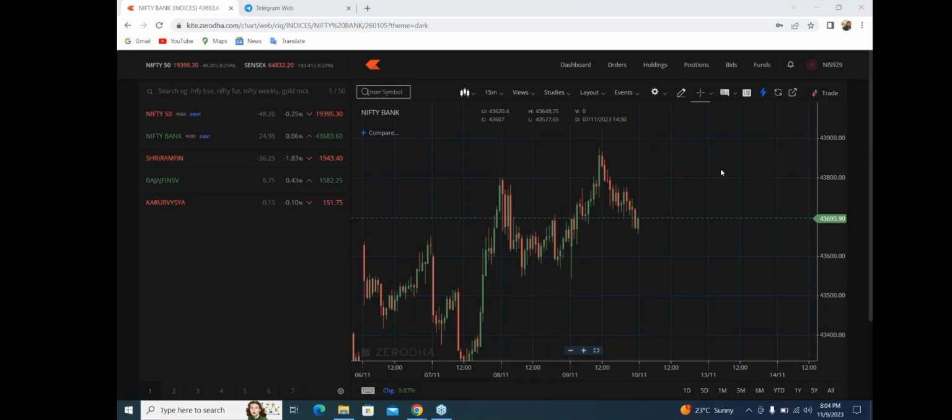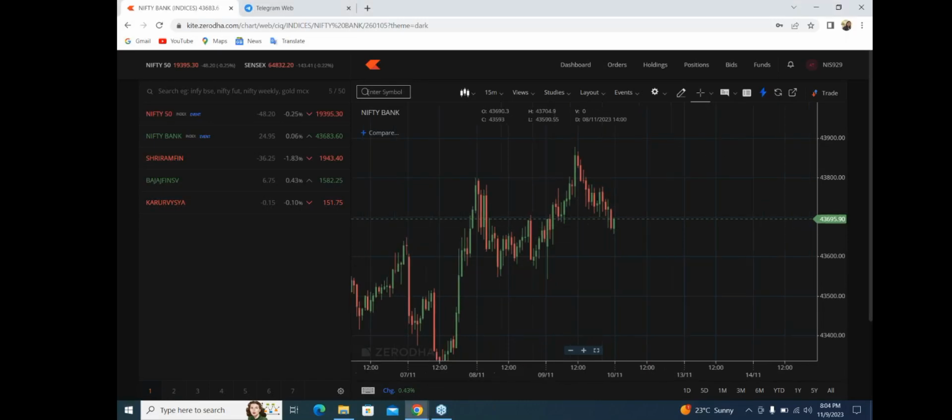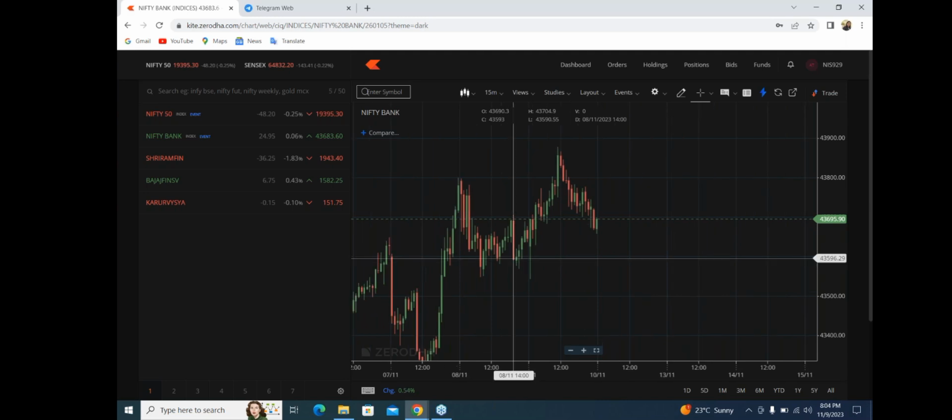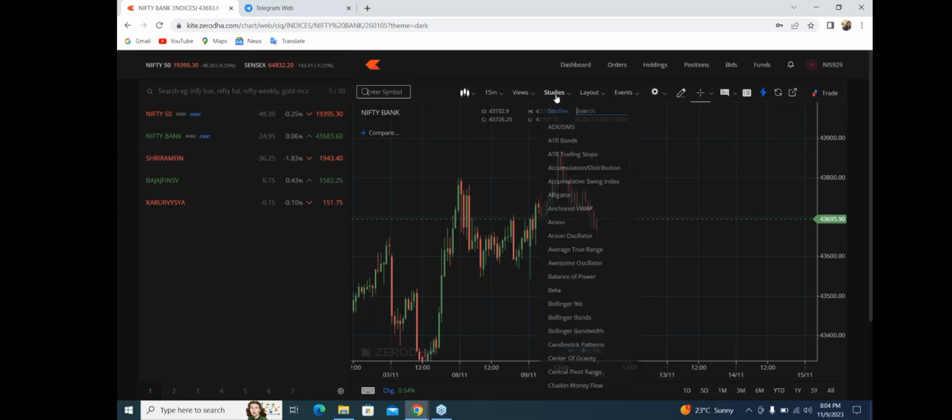Lataji, you traded in Naukri and you got 0.5%. That's awesome. If you do trades like this, you don't have to do any other trades. Very good. So let me add